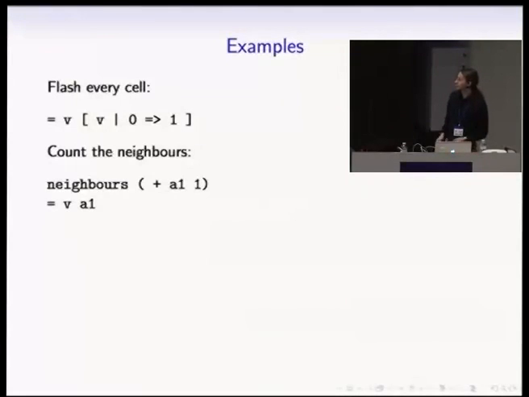A slightly more complicated one. This neighbors expression stores the value in the current neighbor in A0, so we're not using A0 there. But this just executes this statement once for every neighbor that the cell has. So when you run this, you'll get a grid which has 3 in the corners and 5 in the edges and 8 in all the cells in the middle. So this counts the number of neighbors you have by adding 1 to A1 for every neighbor, and then just assigns the value in A1 to V.